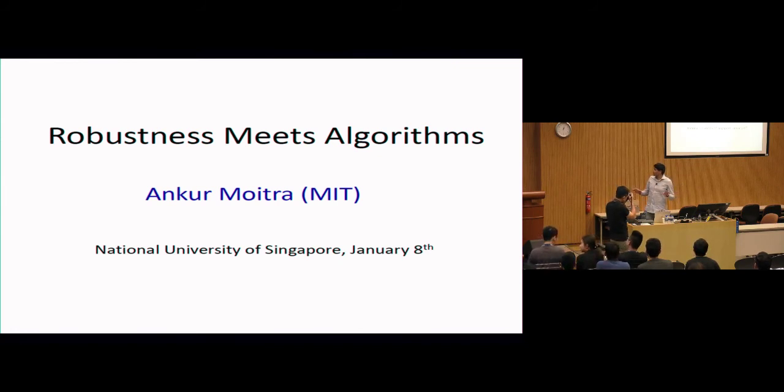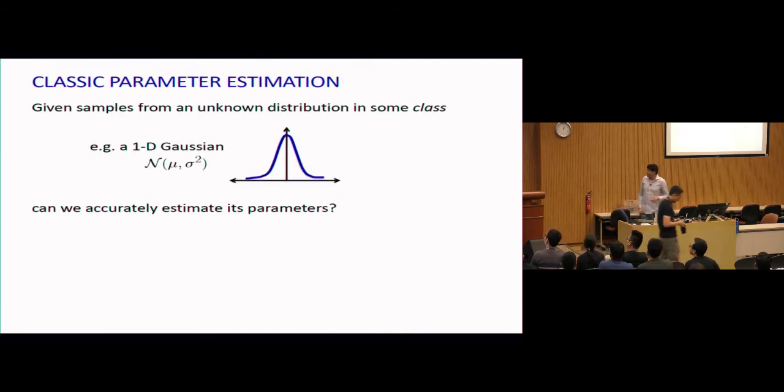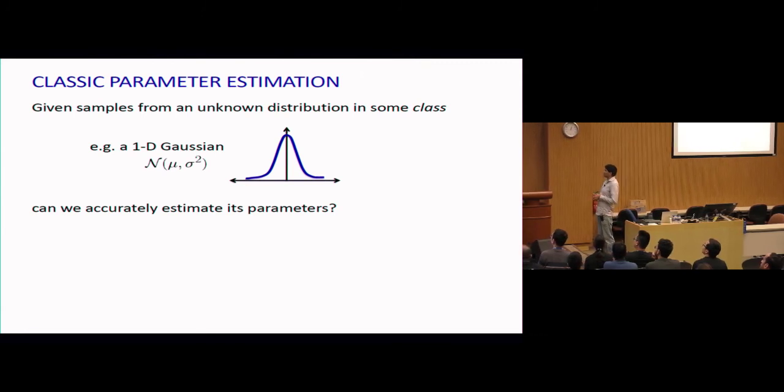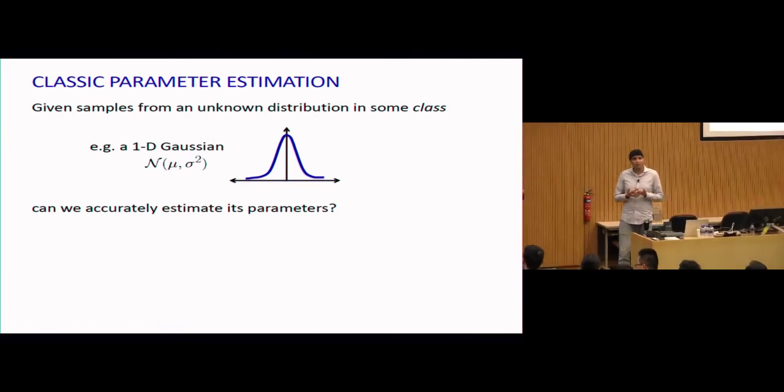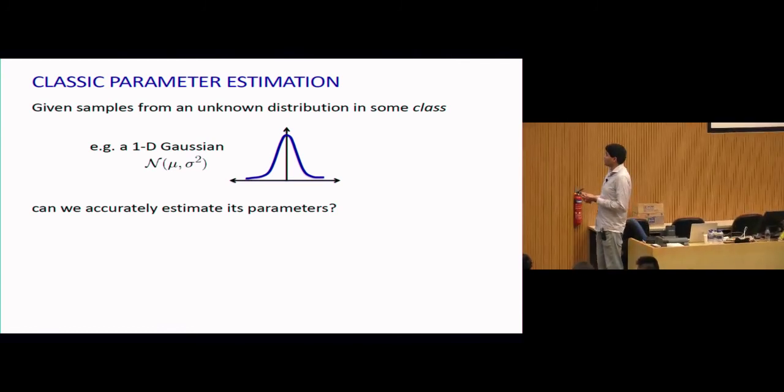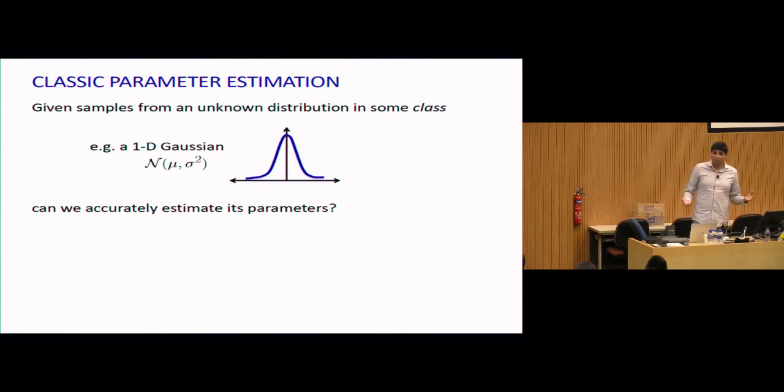statistics. And actually, before I get to one-dimensional robust statistics, maybe I should just start off with statistics. So in fact, let me tell you about an important family of problems in statistics, which goes back a long time to the founding of the field, which are generally called parameter estimation. Here the setup is that you're given samples from some unknown distribution, but it lives in some known family of distributions. So you can think, you're given samples from something that's a 1D Gaussian. You just don't know what its underlying mean mu is, or its variance sigma squared. So the basic question you can ask in parameter estimation is, can you accurately estimate these unknown parameters given a relatively small number of samples?